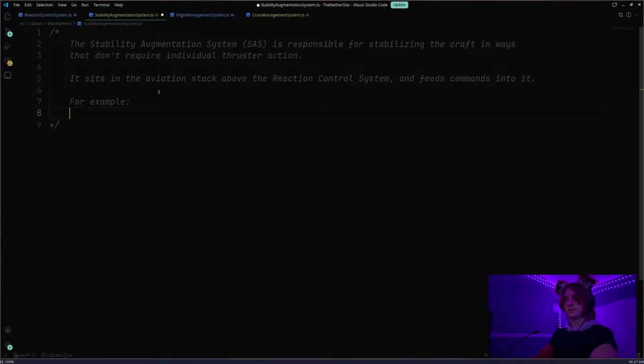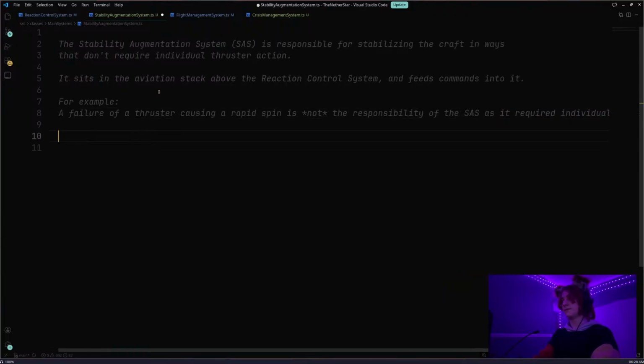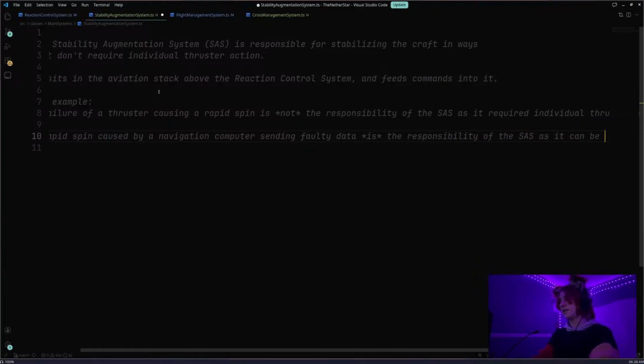For example, a failure of a thruster causing a rapid spin is not the responsibility of the SAS, as it requires individual thruster action. A rapid spin caused by a navigation computer sending faulty data is the responsibility of the SAS, as it can be